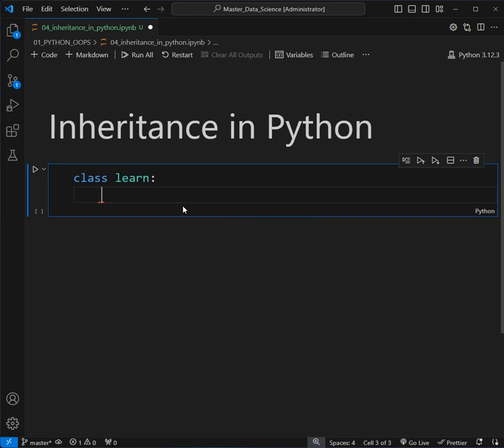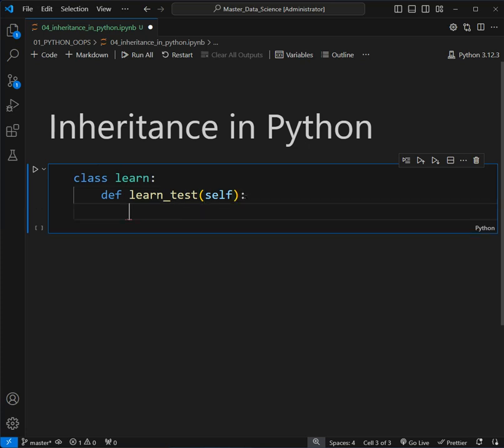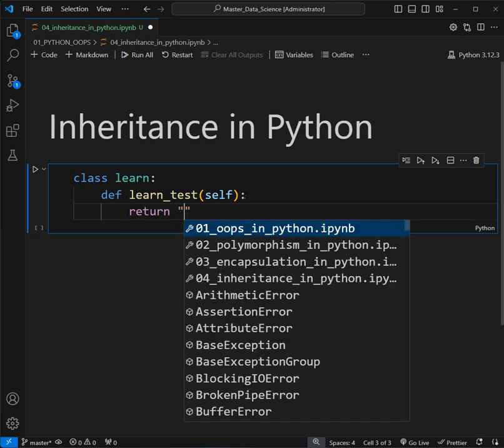Now we want to define a function, so we can define a function using the def keyword, and now we have to give the name of the function. I am naming this function learn dash test. Now I am creating this function, and I am using the self keyword. It will link this function with the learn class, that is, it will associate this with our class. Now let me return something, like if I want to return some output, I am going to return